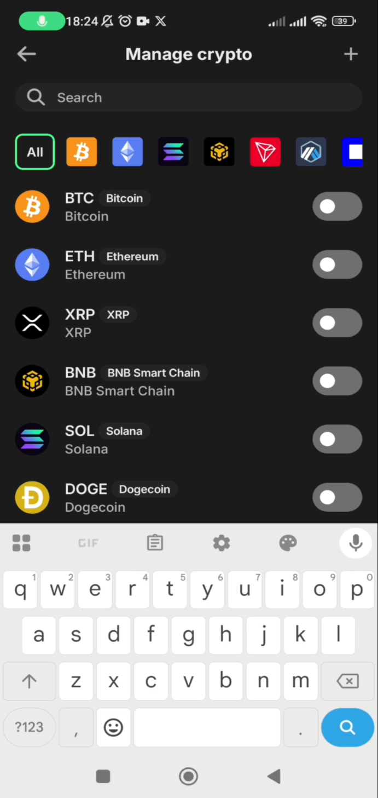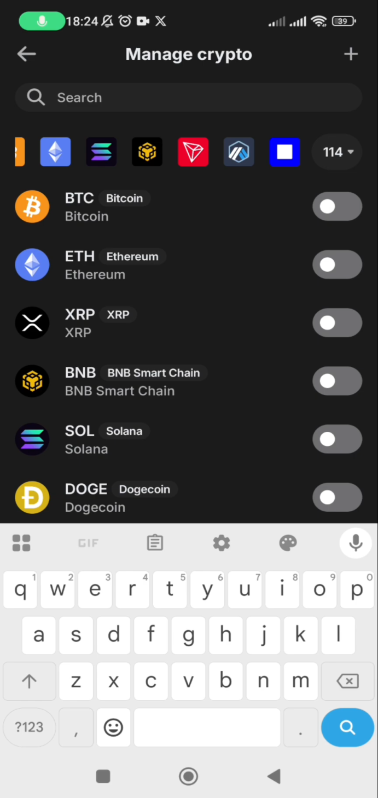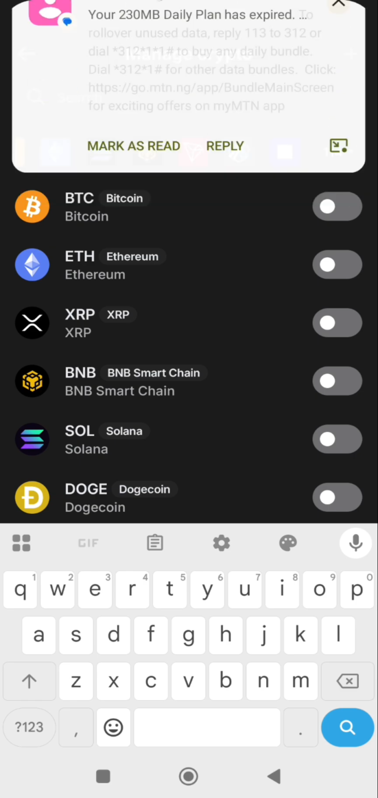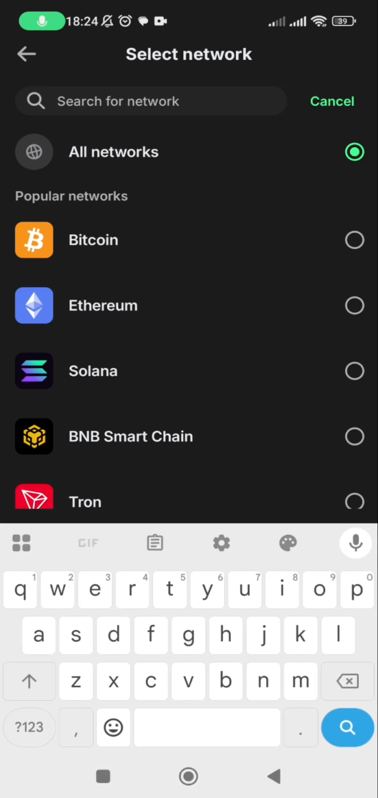click on all network. You can see all network here. You can see Bitcoin, Ethereum, Solana, BNB. Just click on that all network. Scroll to the left or right, I don't know. Just scroll to left. You will see the total number here. Click on that total number. Then it will bring you to all network. Then go to search and put